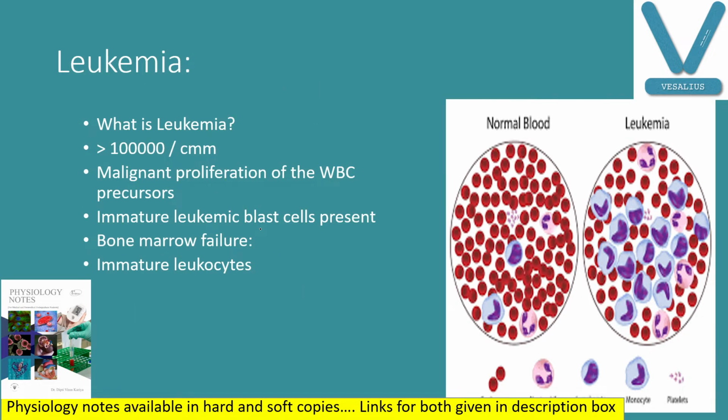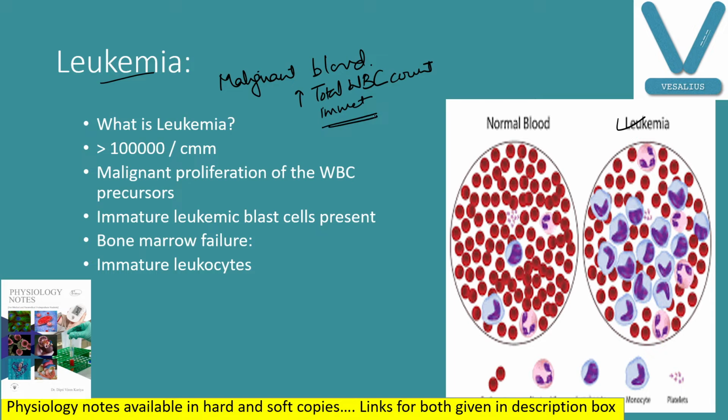Next is leukemia. What is leukemia? What is the difference between leukocytosis and leukemia? You can see here the blood picture of leukemia. Leukemia is a malignant disease of blood in which there is an increase in the total WBC count, with immature